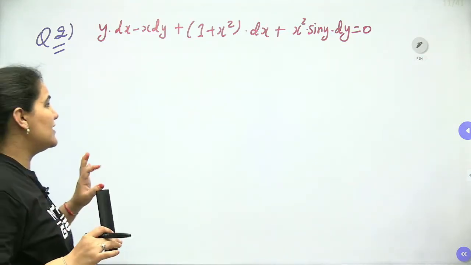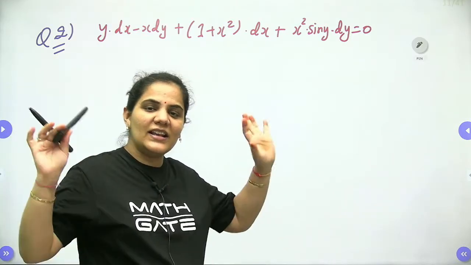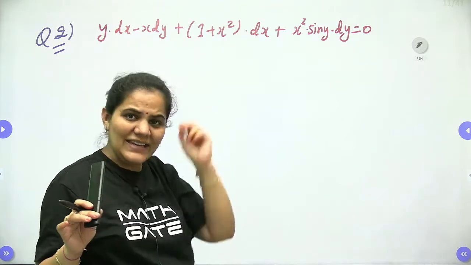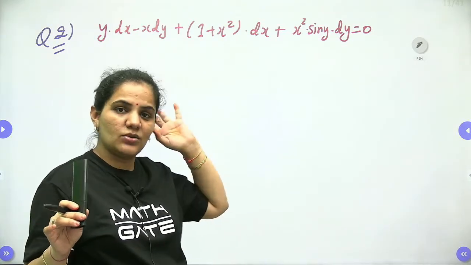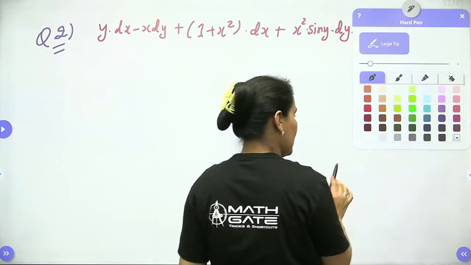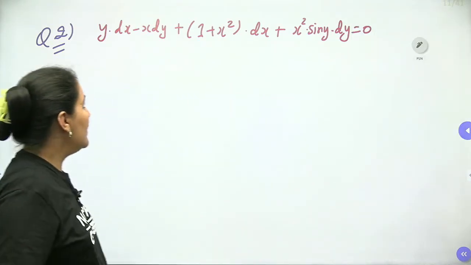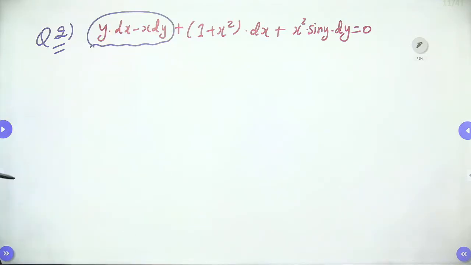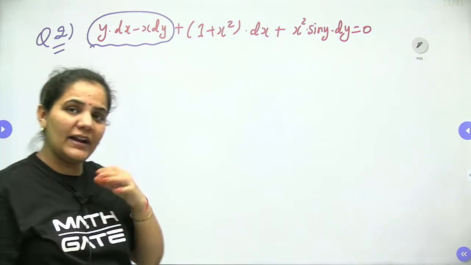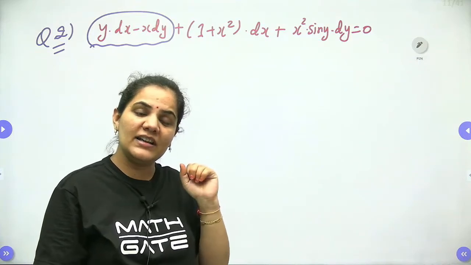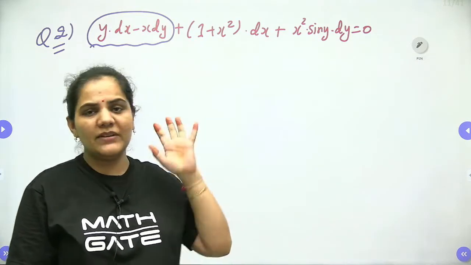Here it is crystal clear that this is a non-exact equation, because it does not have any relation with exactness. So it will definitely be non-exact. Now, how to approach this one? Let's have discussion, dear students. We have to make some forms. Look here, we have y dx minus x dy. It means there is scope to do something with this y dx minus x dy, whether we can make it x dy minus y dx form, or do something with this one only.